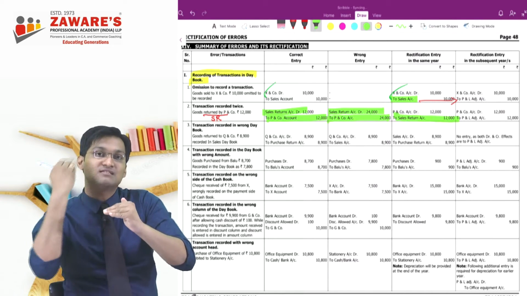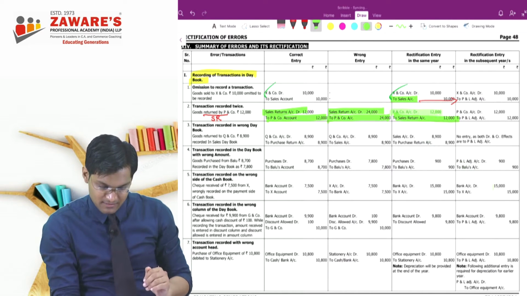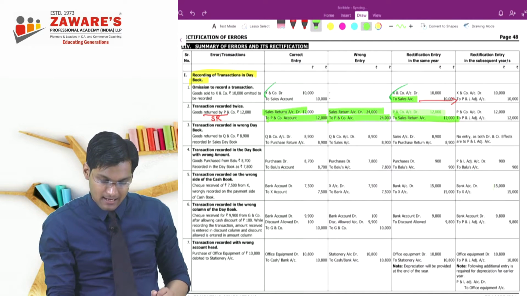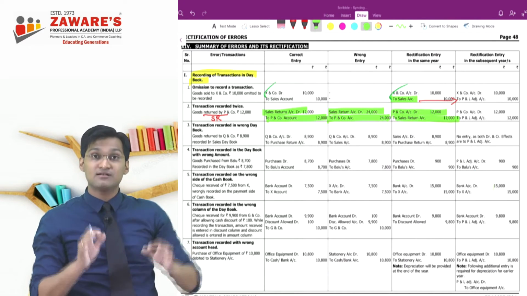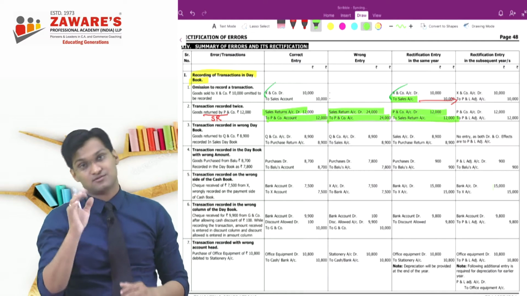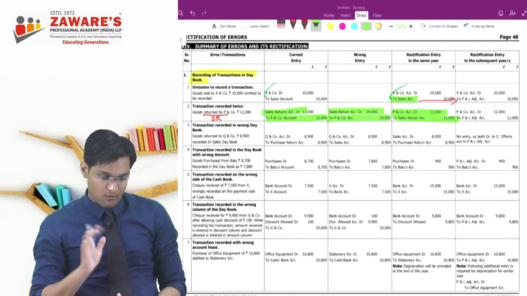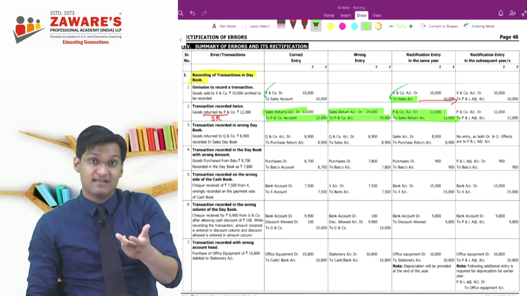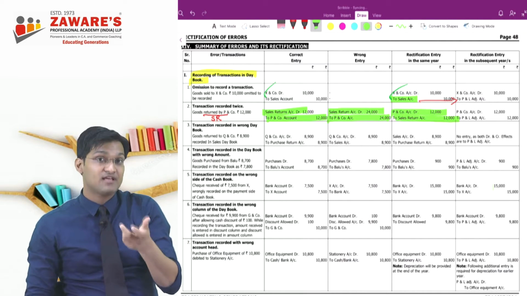हम उसे 12,000 से डेबिट कर देंगे. समझ में आ रहा है? So what is your rectification entry? P and Company account debit 12,000 to sales return account credit 12,000. Clear all of you? Now, if this entry is rectified in the subsequent financial year, we will replace nominal accounts